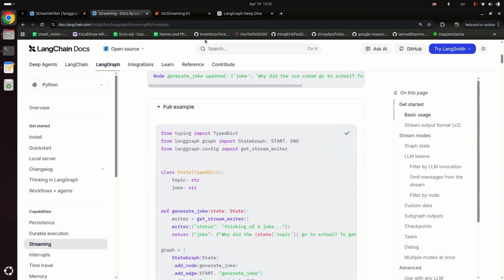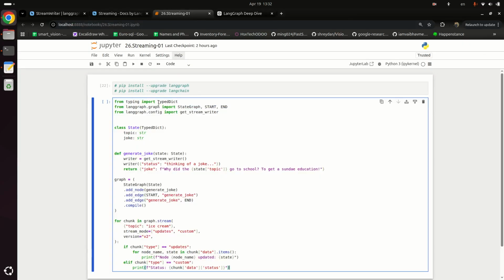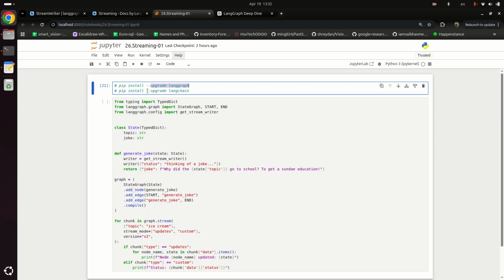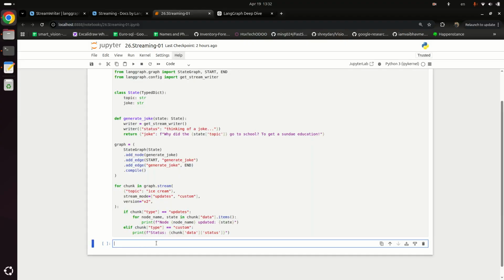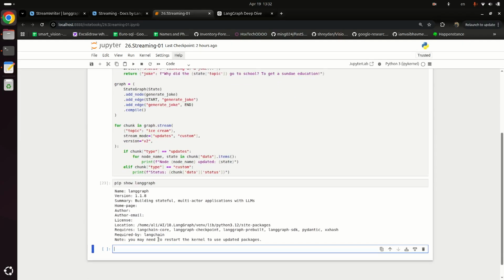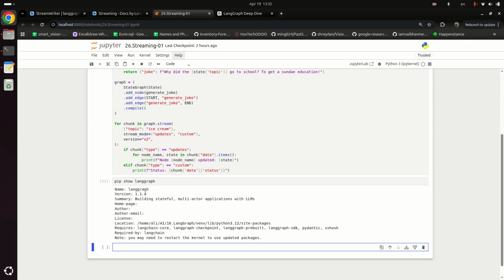Let me just copy this one and I will paste here. So before running this code, you need to run these commands: pip install upgrade LangGraph and pip install upgrade LangChain. Let me first of all check my LangGraph version. I will say pip show LangGraph and my version is 1.1.8.